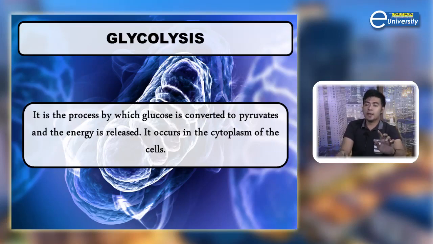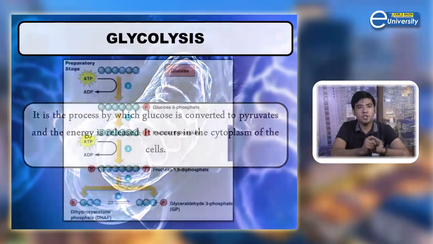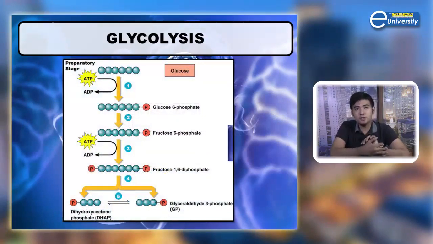In the separation of glucose molecules, it produces ATP or energy. And of course, the separation of glucose molecules produces two molecules of pyruvate. So, I have here the illustration. In glycolysis, we have the preparatory stage, because the glucose must be prepared first. In this stage, the 6-carbon molecule of glucose will be separated into two. Again, take note, glycolysis is composed of two main processes, the energy investment phase and the energy harvesting